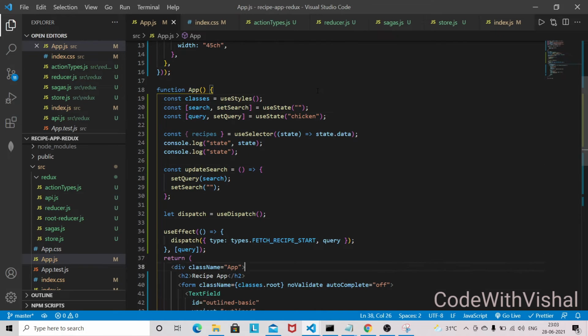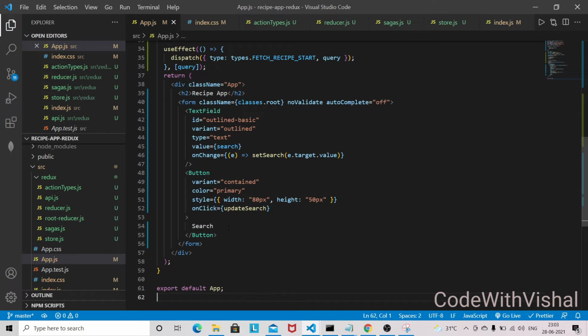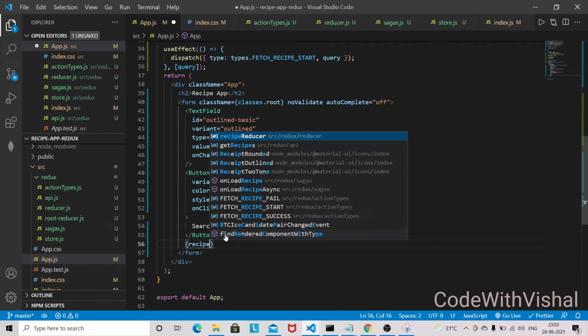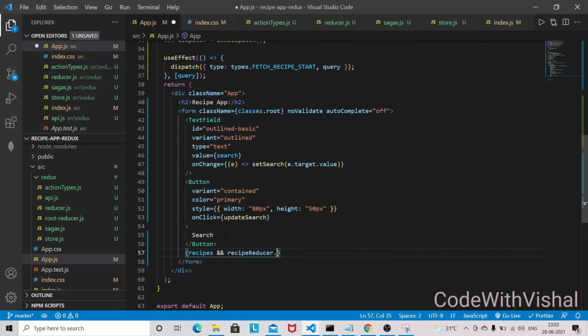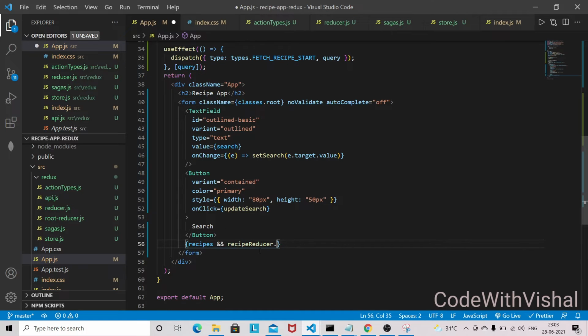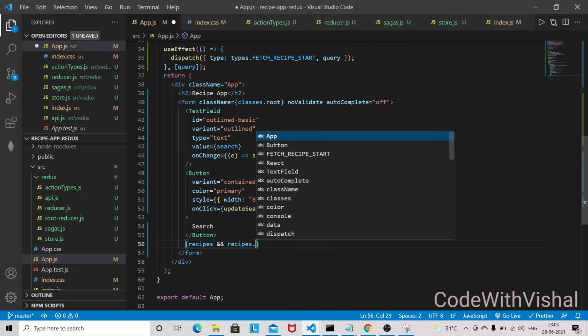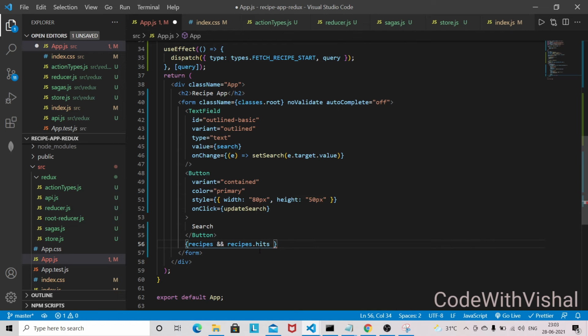And for now I can just show you all the recipes in a list item. Later I will remove this one. So let's give recipes dot hits, not reducer. So recipes dot hits, recipe dot hits,